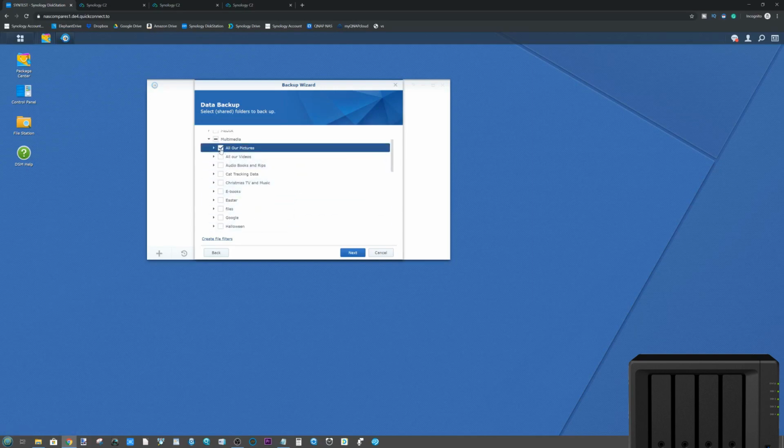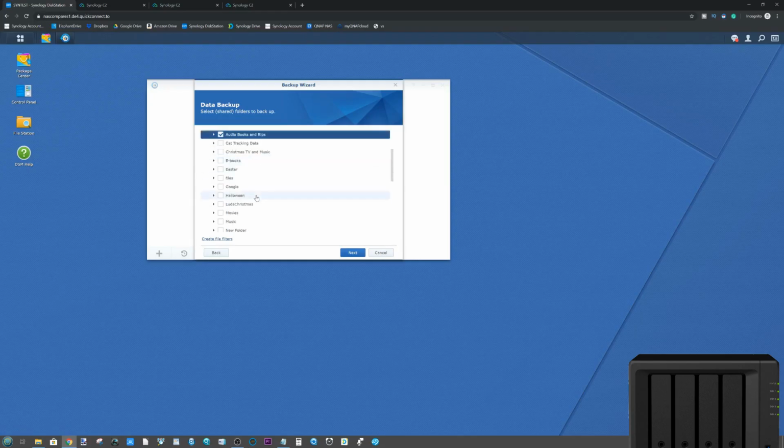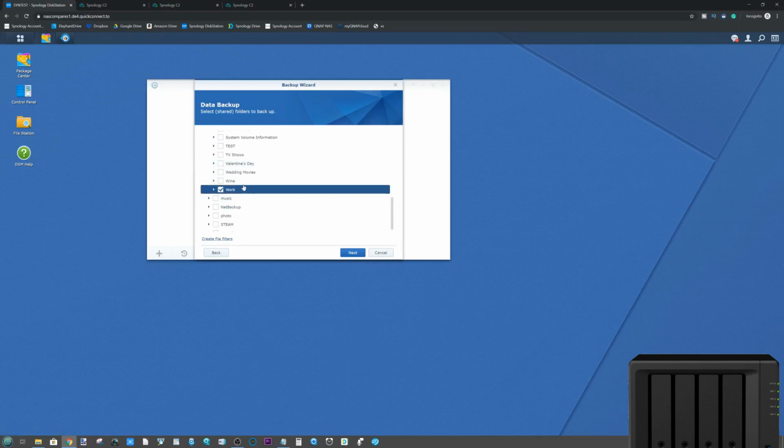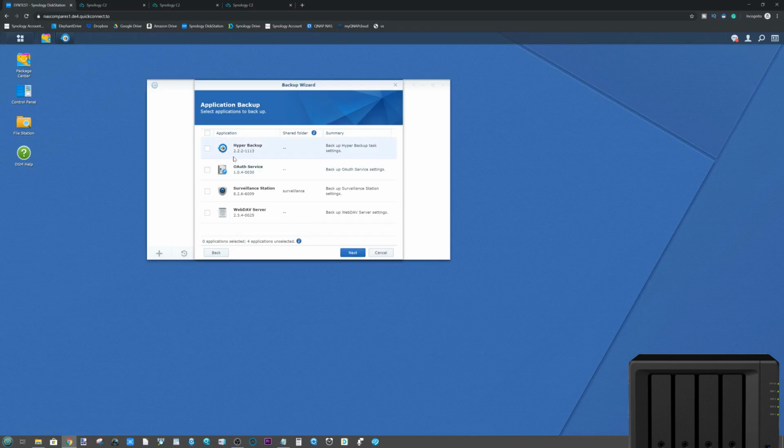I'm going to go with pictures, video, and audio books. There's also some files that I've used for work, so we're going to include the work folder as well. We're just going to go for those files there, and these folders, and these folders will back up to that online platform. We're going to click Next, and now it will ask us if we want certain tailor-made backups to